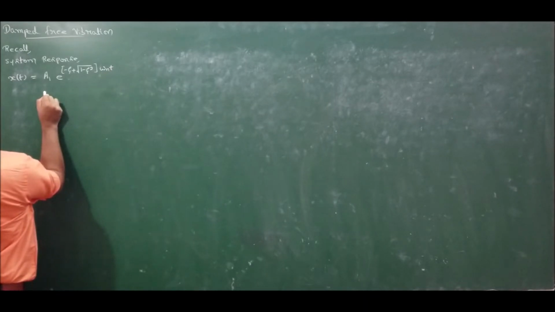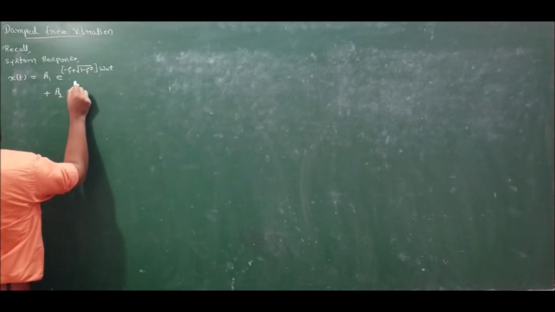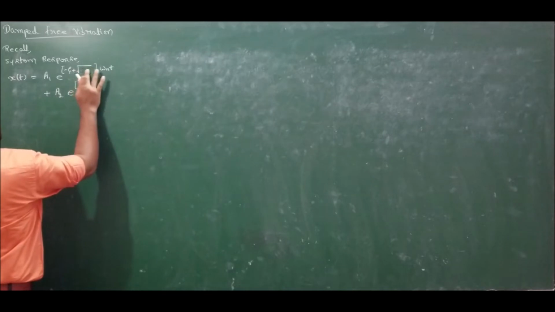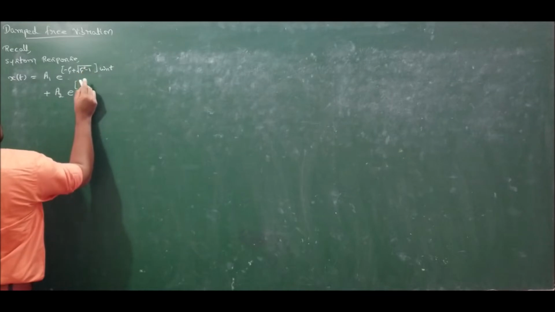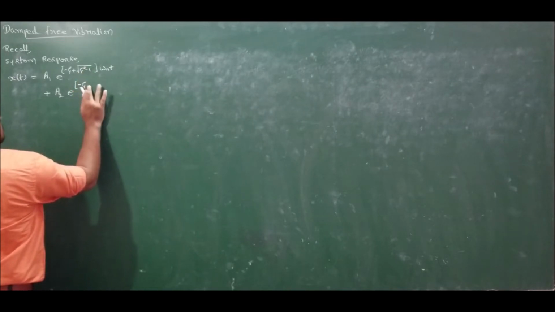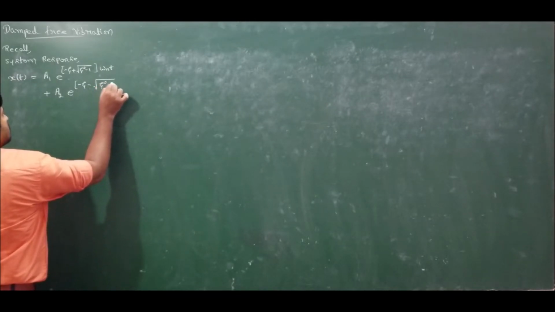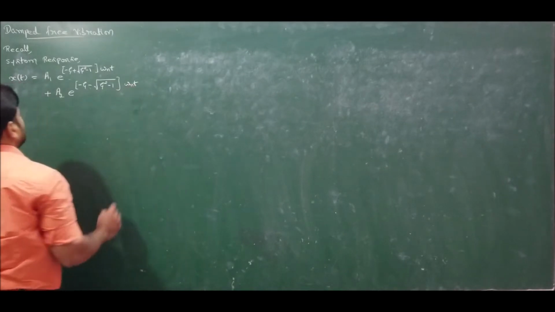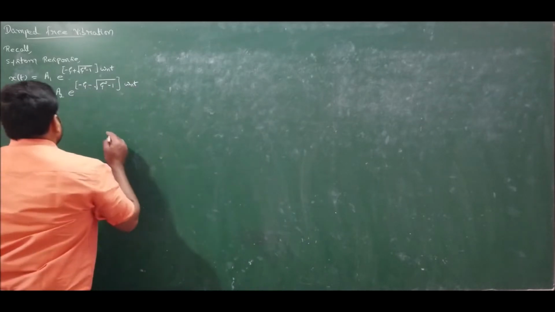plus a2 e to the power of, so this should be zeta square minus 1. Sorry, this should be zeta square minus 1. So minus zeta minus root of zeta square minus 1, into omega n t. So this is the expression that we have derived in our previous lecture,